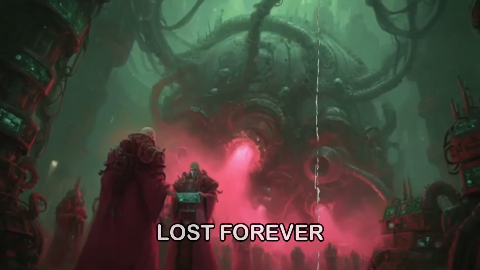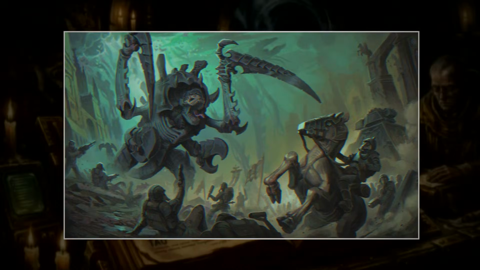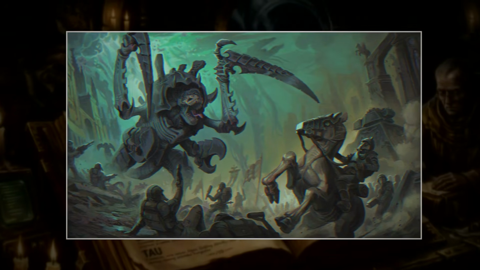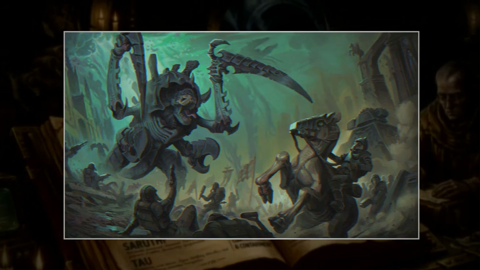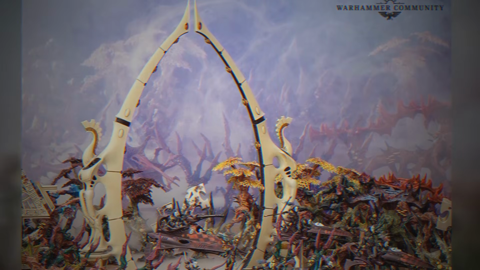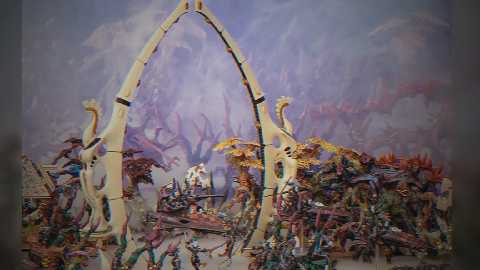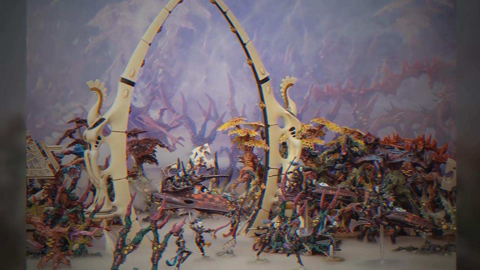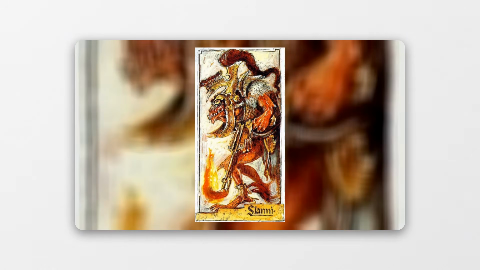The surviving Old Ones retreat into the webway or flee the galaxy, their civilization in ruins and their grand design shattered beyond repair. The webway, that labyrinthine network of tunnels through the warp that the Old Ones created in ages past, becomes a refuge for the desperate remnants of their species. They seal themselves into hidden corners of this interdimensional maze, hoping to outlast the war, hoping that their creations will somehow prevail where they themselves have failed.